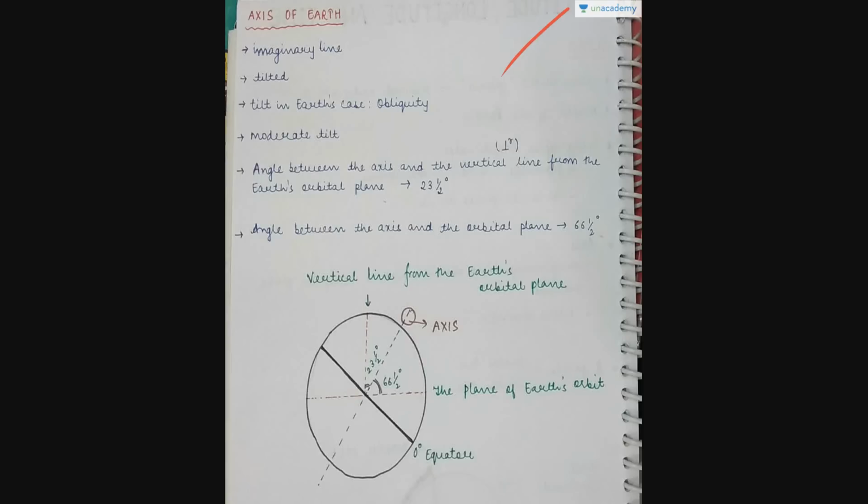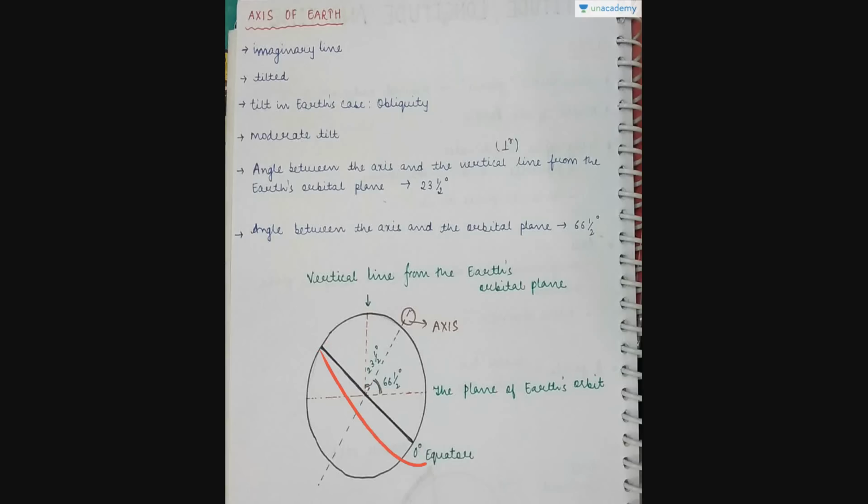Now, you have to learn about the angles. This is very important. They can be asked in MCQs. Don't just think that this is class 6, so this is not relevant. This is very, very much relevant, because the small, minute details we tend to forget while appearing for the exam. They can give the angle and ask which angle, what degree of angle, the axis makes with which line. So, you have to remember that. Now, just see here, this is the axis and this is the equator. See, it's tilted, so it's like this.